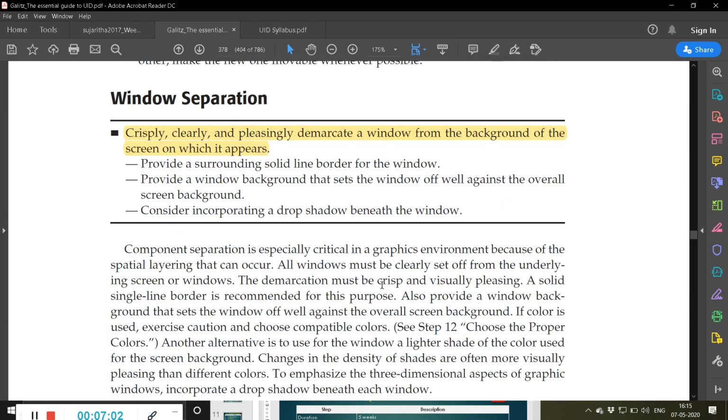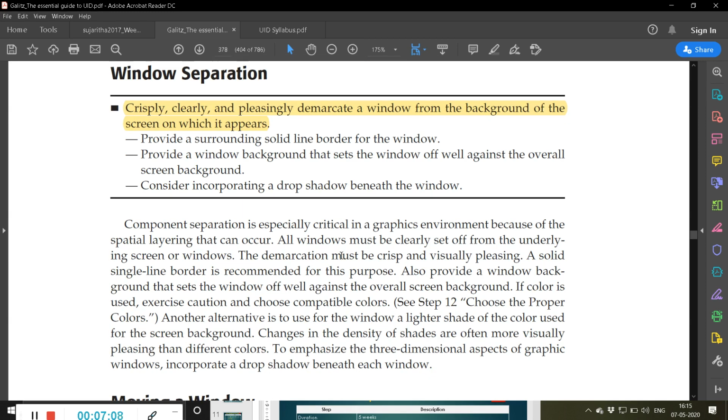So the next point is window separation. How exactly are we going to separate the window? Crisply, clearly and pleasingly demarcate a window from the background of the screen on which it appears. It should be crisp, it should be clear, and it should be pleasingly demarcated.